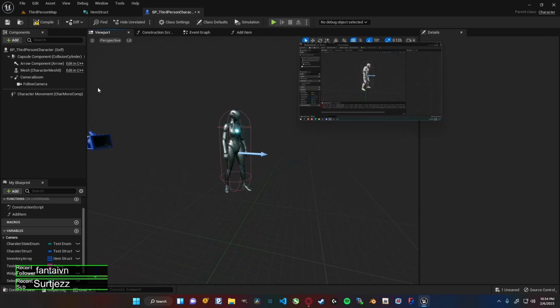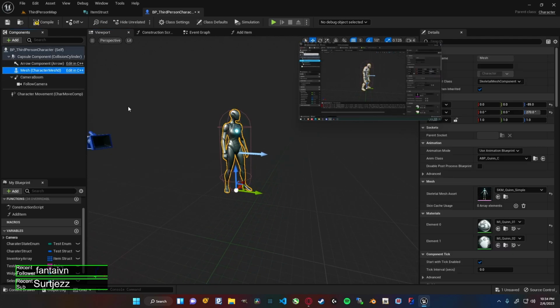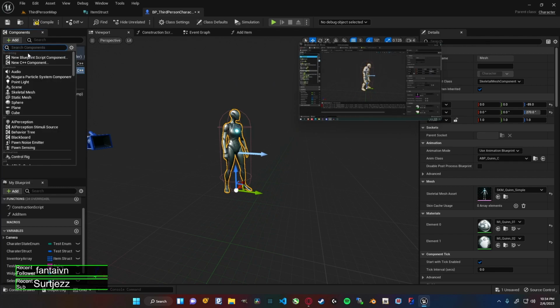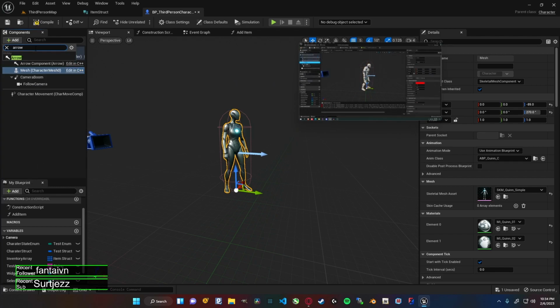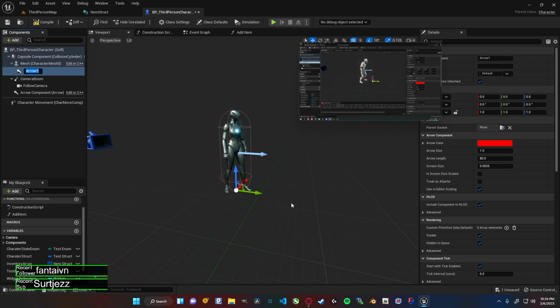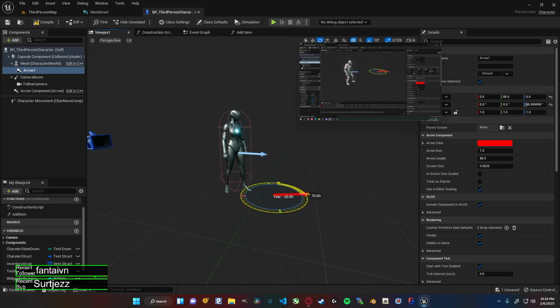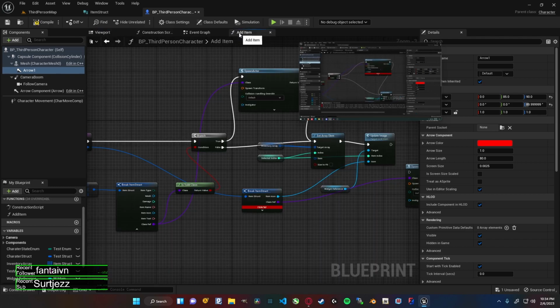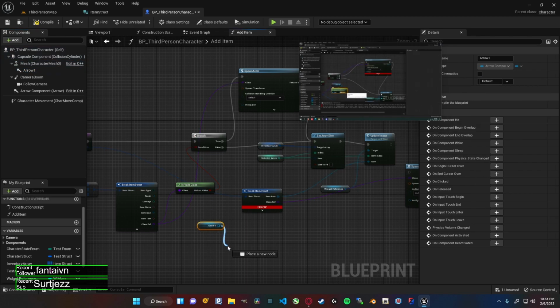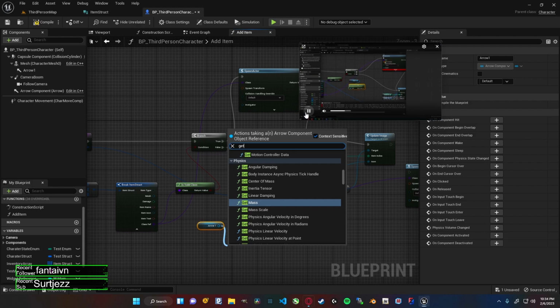So go ahead and select your mesh, add a component, and search for arrow. Then just take this arrow right here and move this forward, up, rotate it 90 degrees, and put it like so right in front of the character. And then in our add item function, what we want to do is drag our arrow, get world location,